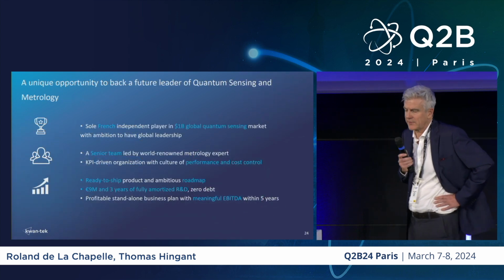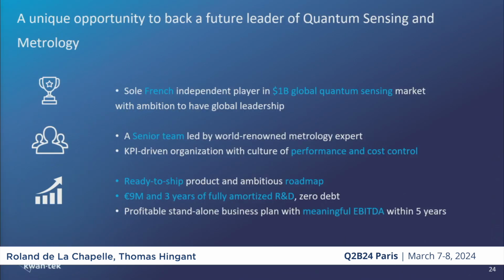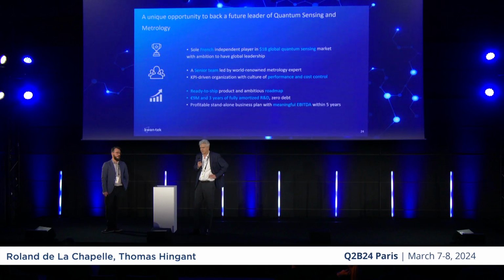So what basically do we have to offer? We believe we have a unique offer for you to invest in a French company that has a lead and wants to become one of the leaders in global sensing markets that we've assumed to be around $1 billion. And the credentials we are proposing is first a team that is trained, with 3 years of experience in it, which is led by some renowned